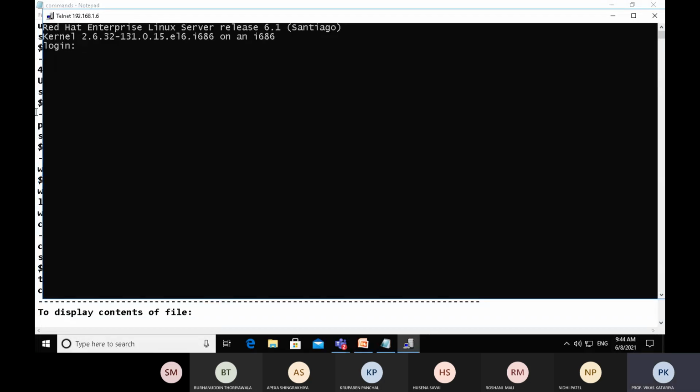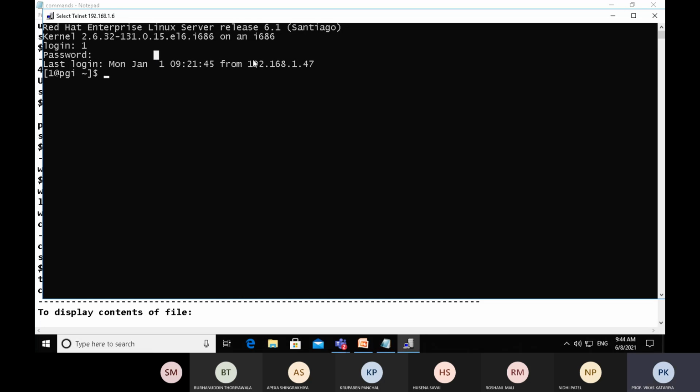It is asking for login and password. We have already created my user account on the Linux server, so I will put in my credential login details. The login ID is 1 and the password is entered. So this is successfully logged in.